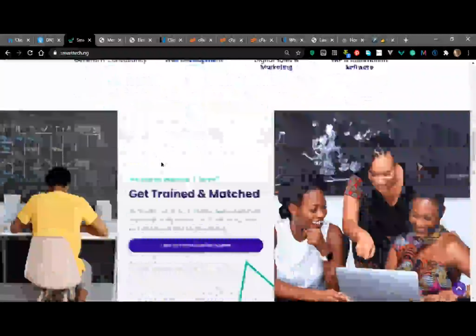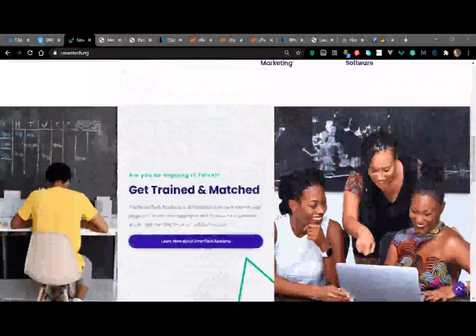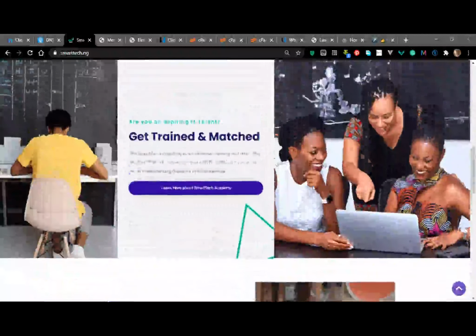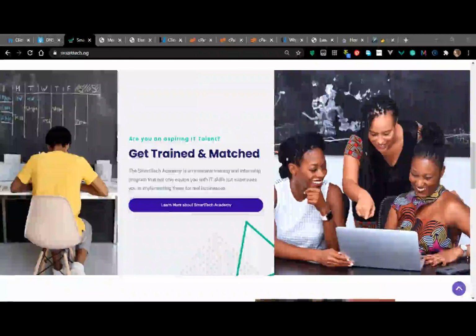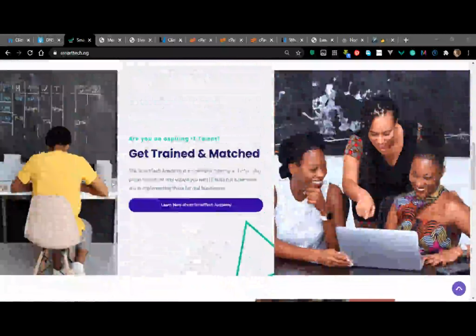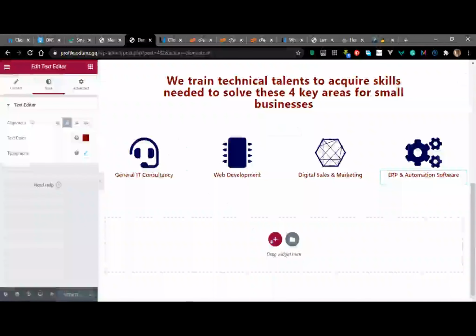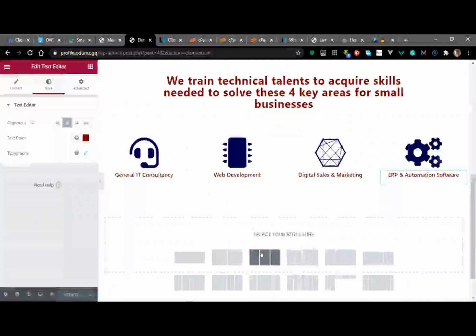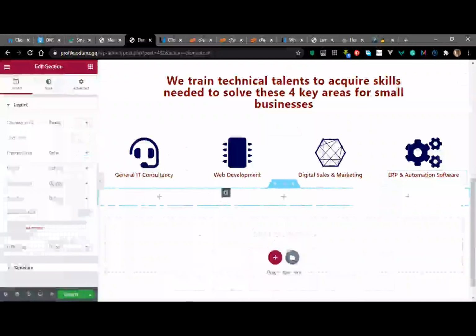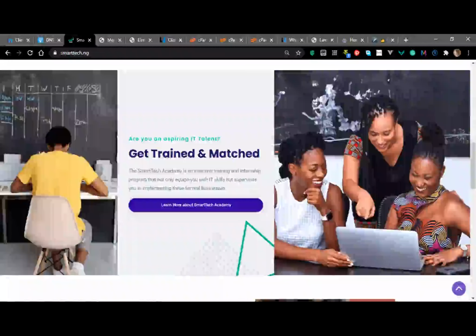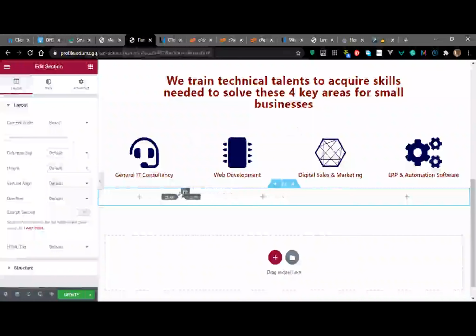What's next? Aha. So we have an image, a content, and another image, and they don't have the same size, they're not proportional. So how do we do this? How do we build this? So let's go. We'll add another section, 3 this time around, right? The first one has an image, and it's not as big. So let's say 20%,